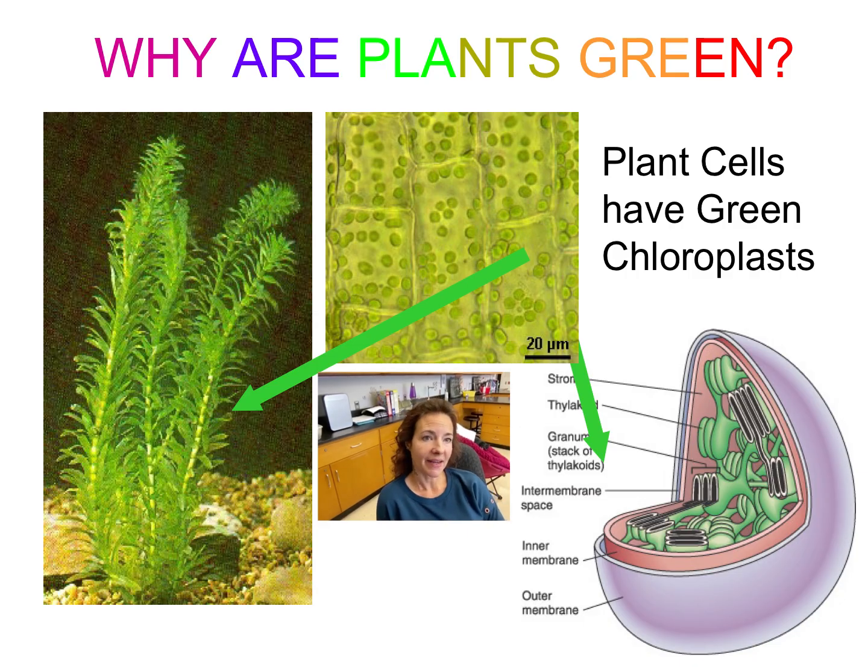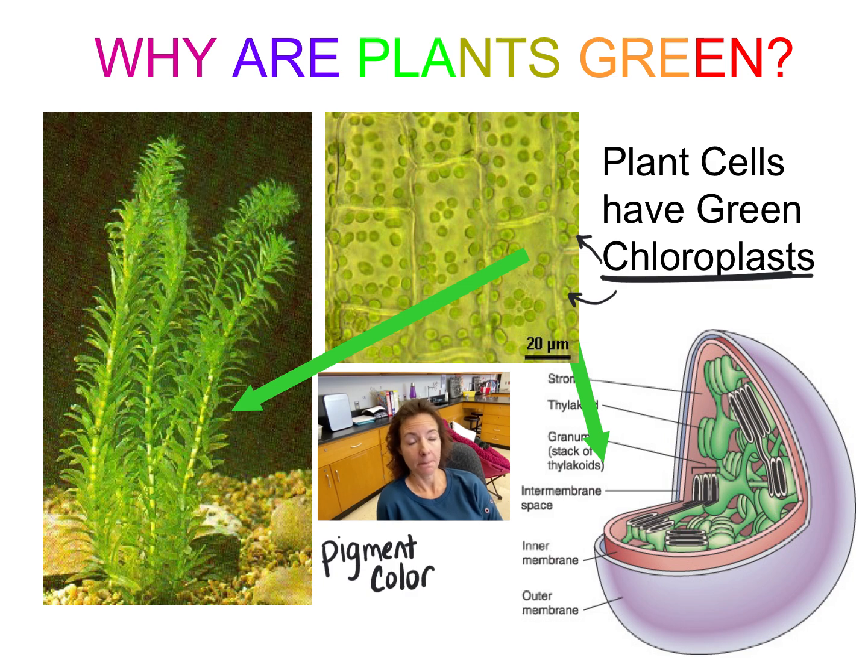So inside of a plant's cells are these little organelle pieces that we've started to talk about already. They're called chloroplasts. And those chloroplasts have pigment in them. Pigment is a color that is going to be absorbing the sun's energy. And so plant cells have green pigment in their chloroplasts. The pigment is actually called chlorophyll. And so these little green dots here, those are the chloroplasts that are going to be doing the process of